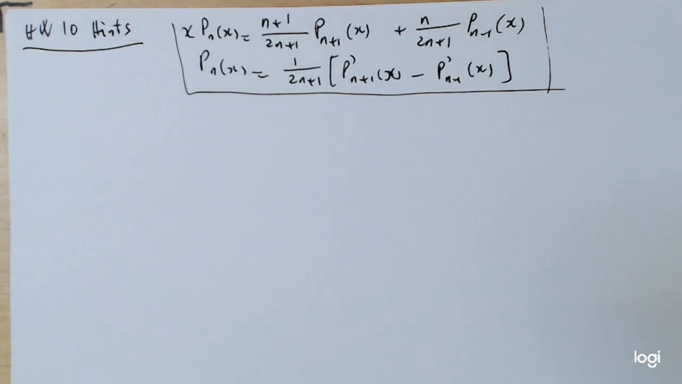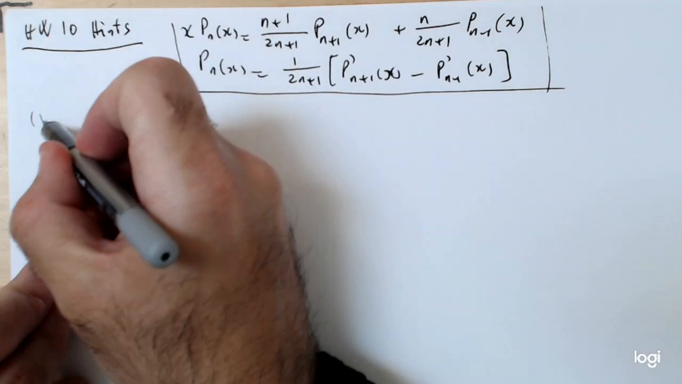So let's talk about a couple of hints for the homework and some of the other properties that you may want to be aware of when dealing with Legendre polynomials. In problem 4 from 105, I think. Yeah, so let's take a look at problem 4